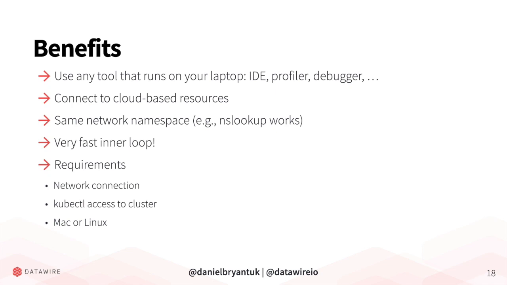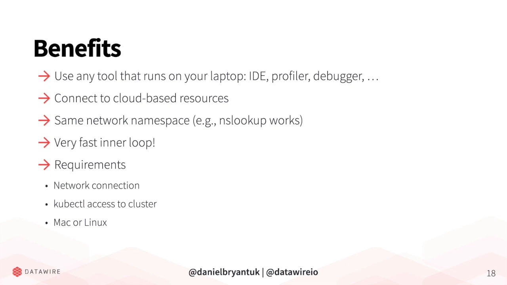You can connect to cloud-based resources as if you would in the cluster. So if you've got, say, an Amazon RDS instance or an Alibaba database running in your cloud, you can access it just as you would normally in an application running remotely, locally. You saw the nslookup, same kind of deal. As long as you can access it over the network, you can access it locally now. And you get the same network namespace there. I find this very useful just for doing nslookups, doing digs. If something strange is going on in my cluster, I can quickly fire up Telepresence and run a few basic diagnostic commands. It's a very quick way of troubleshooting strange networking issues in clusters.